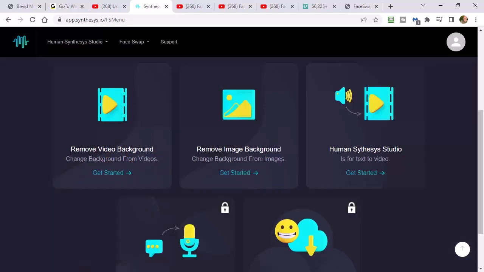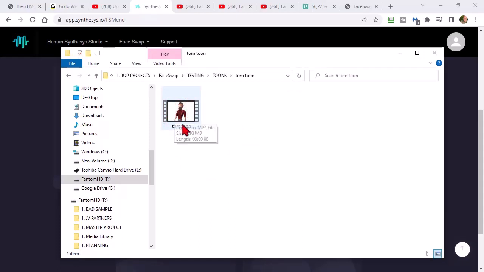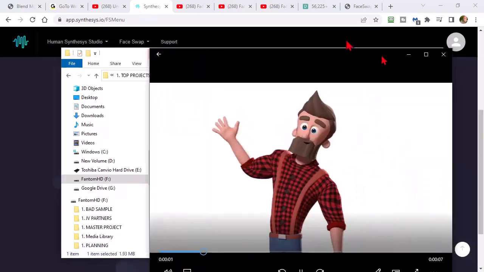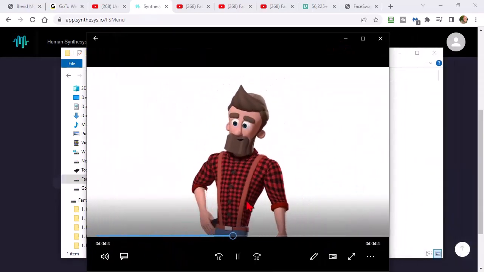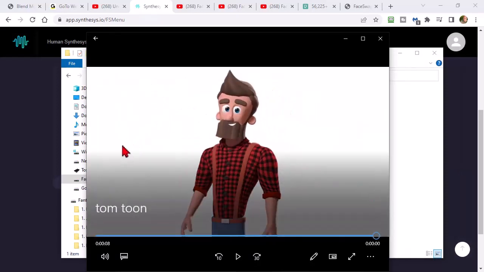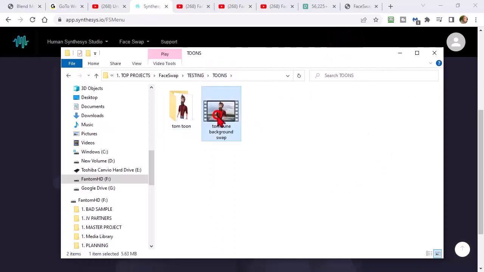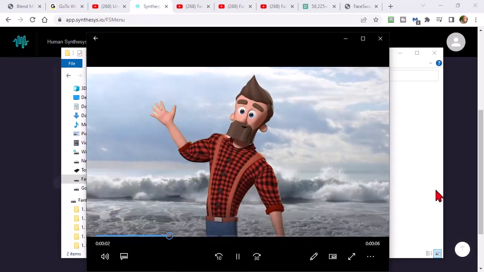I think I have an example of that. Okay, so here, and by the way, it works with cartoon characters too. So let's take a look at this. First of all, here is a cartoon character that I exported from Create Studio. I love Create Studio. So it's on a white background. Now, they have Create Studio as scenes and stuff like that, or it could be any other color. It doesn't really matter. So all I did was I said, all right, FaceSwap, take this video and swap out the background for a picture that I uploaded. And this is what it looks like.